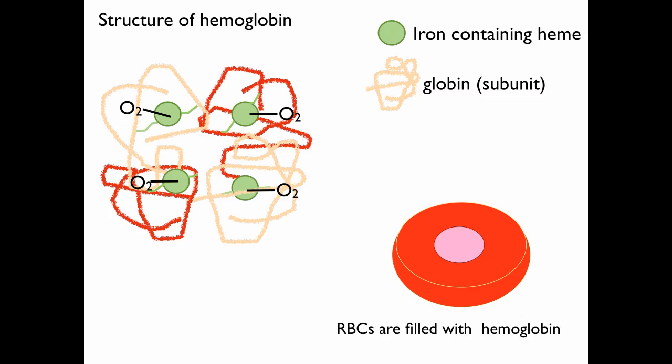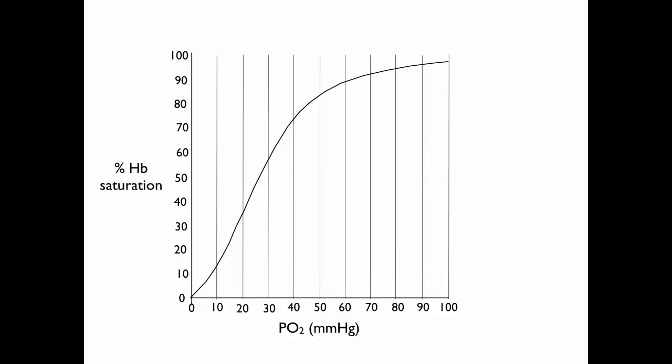This isn't always the case, though. Sometimes a hemoglobin will have 1, 2, 3, or 4 oxygen molecules attached to it, depending on the content of oxygen in the blood. And that's what we're going to use the oxyhemoglobin dissociation curve for. For any given partial pressure of oxygen, how much oxygen is in the blood, there's going to be a particular hemoglobin saturation. As an example, if we have a PO2 of 100, which we usually find in most systemic arteries at sea level,